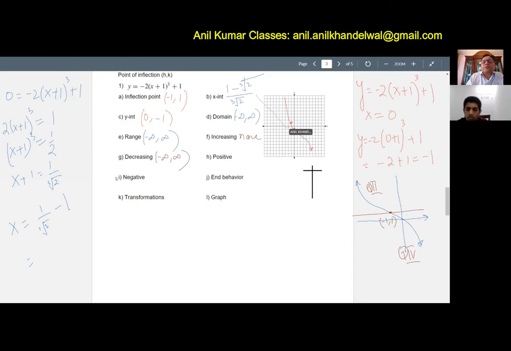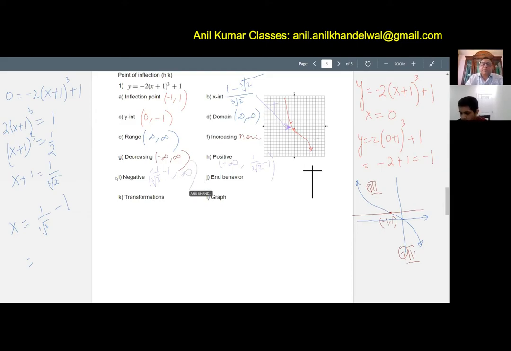This x-intercept we are looking at, right? So it is positive here and negative. Therefore, the positive will be from minus infinity to, you can write down, 1 over cube root of 2 minus 1. And it is negative from 1 over cube root of 2 minus 1 to infinity, on the right side of